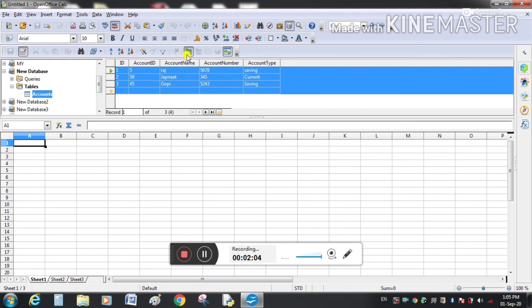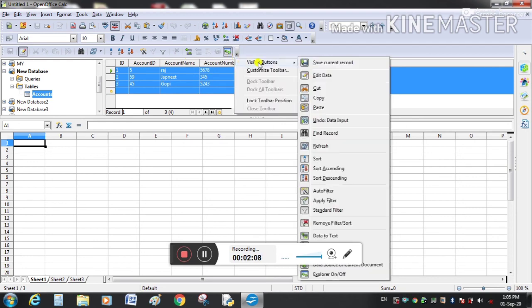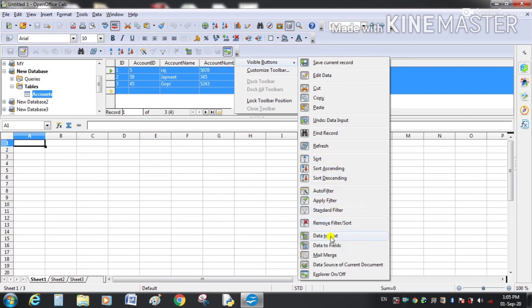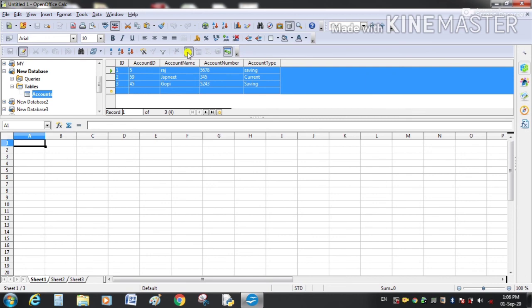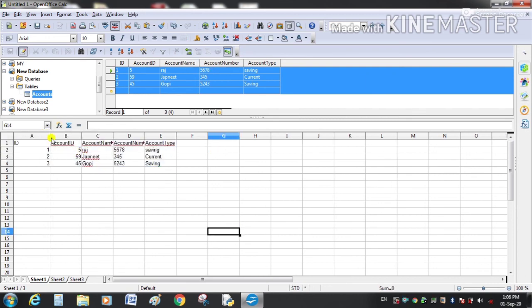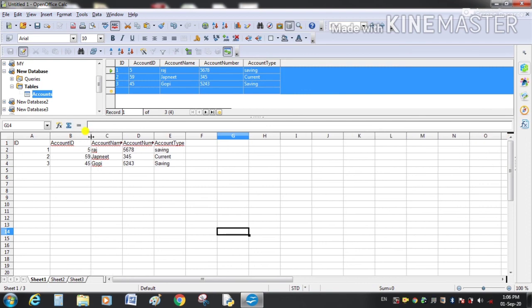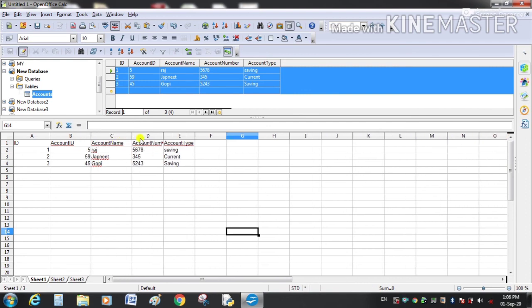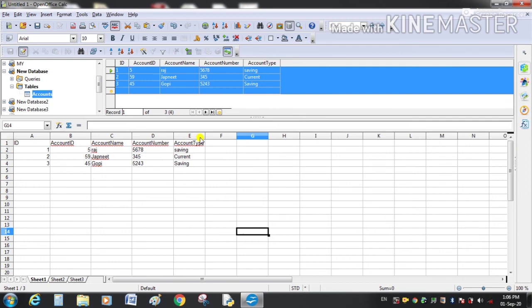If this option is not there, we can select it from the visible buttons here. You can see here data to text. So select this option, data to text. In this way you can bring the data of the external registered data source to your current spreadsheet file.